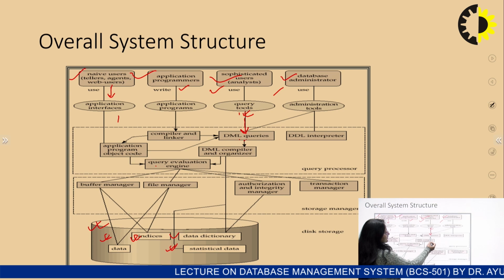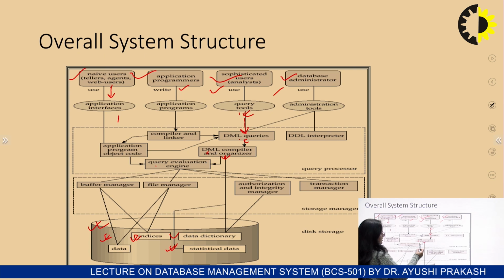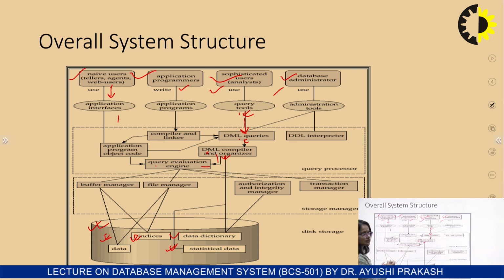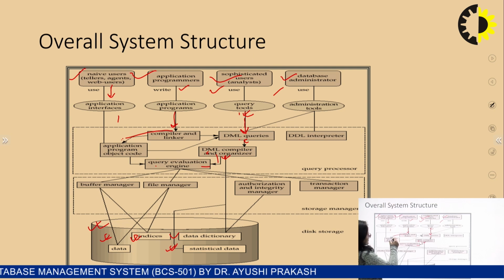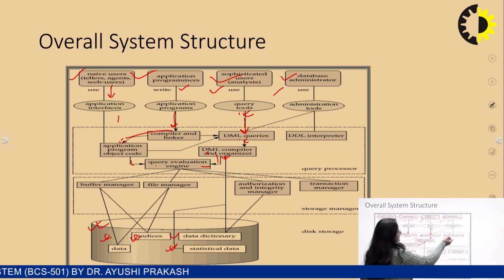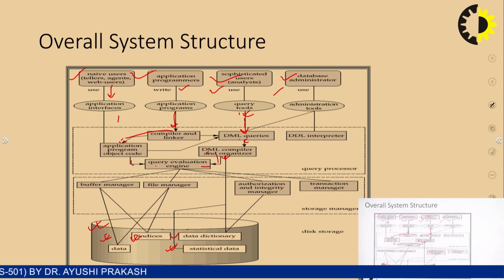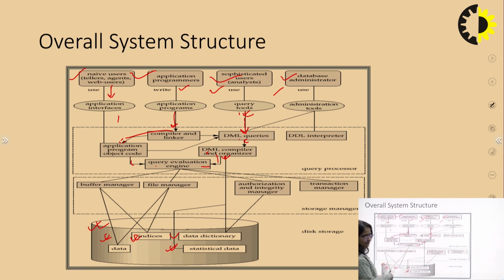Through the DML queries, they will send their query to the DML compiler, which organizes it, and then it also comes to the query evaluation engine. Application programmers will write the application program and compile it, and the program object code again goes to the query evaluation engine. Here we also have the DDL interpreter, which interprets the information given by the database administrator. Now, from this query evaluation engine, where all the information arrives, we can see